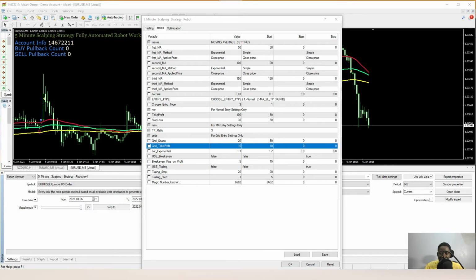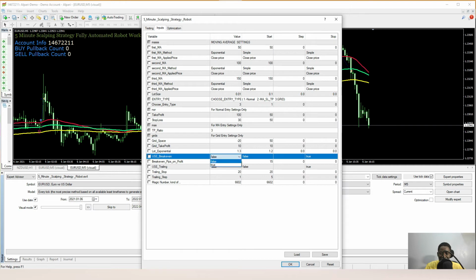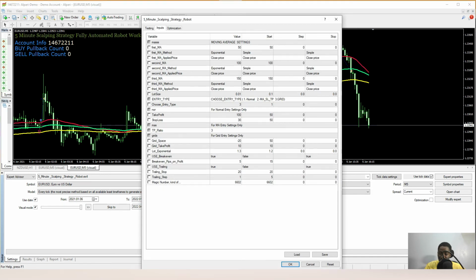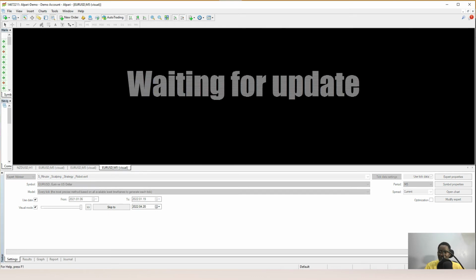So 10 pips, exponential 1.3. We can also use our break even. Let's use our trading stop. You see the magic right now. Let me click OK and let's click on start. Don't forget, I want to show you something. This is minus 20. You have to put minus 20. It means if the market moves against you by 20 pips, then start using my grid strategy to enter the